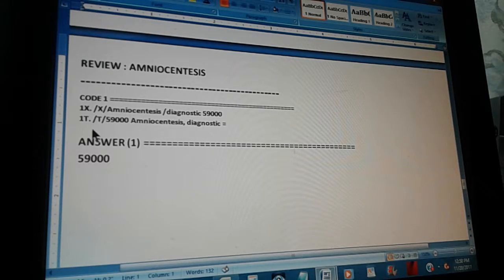Now, all you have to do is go to the tabular section and check that this is the right code. So the code through the tabular is found like this. First, you go to tabular. Then you go to this code 59000. So you start with the code 59000. Amniocentesis diagnostic. You read the text and it says amniocentesis diagnostic, which is exactly what we need, right? So that's why there's an equal sign at the end, which means that we have found the code. So the answer is